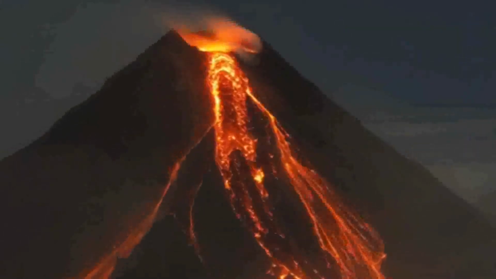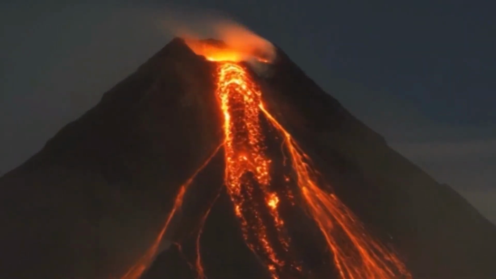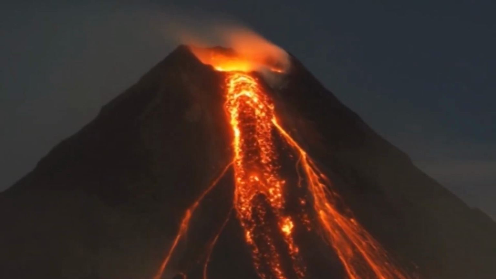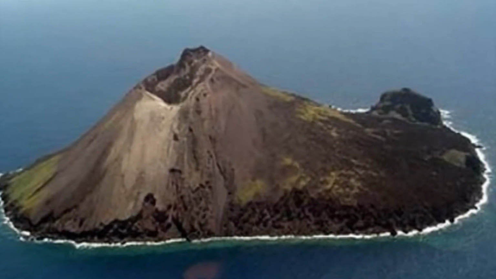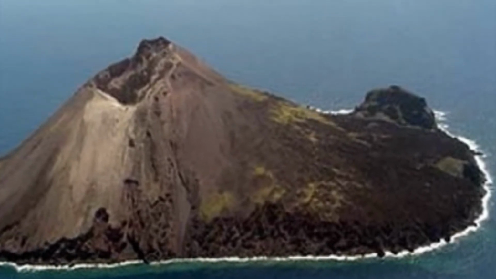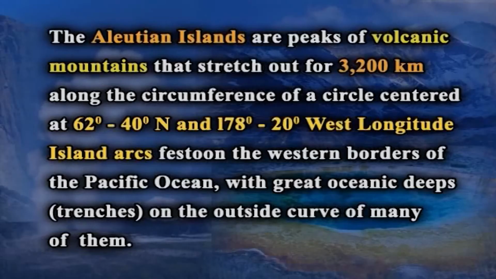Indeed, active volcanoes are most abundant in narrow belts, particularly in the island areas that rim the Pacific Ocean, where it is believed that the Earth's crust is currently being consumed by descending into the mantle, as well as along mid-oceanic ridges, where new oceanic crust has been steadily produced since at least the time between 150 and 200 million years ago. The Aleutian Islands are peaks of volcanic mountains that stretch out for 3,200 kilometers along the circumference